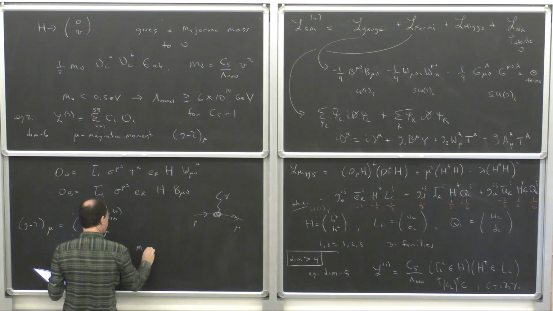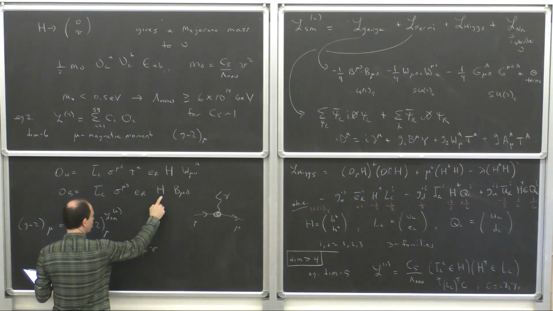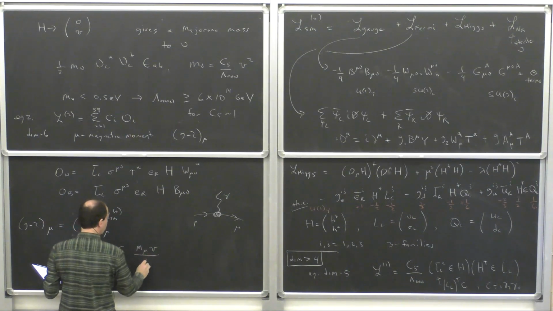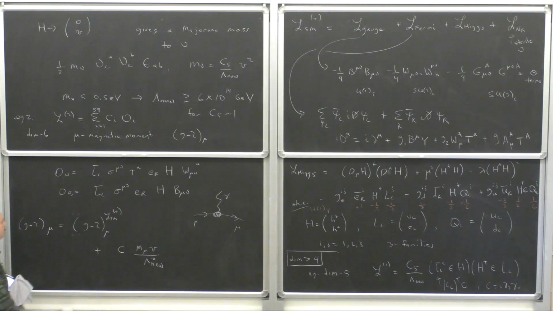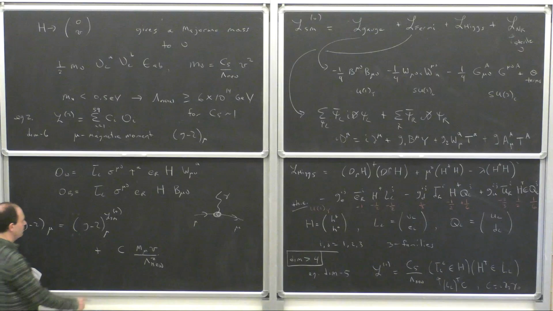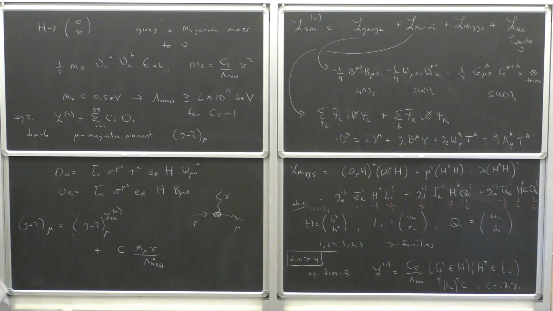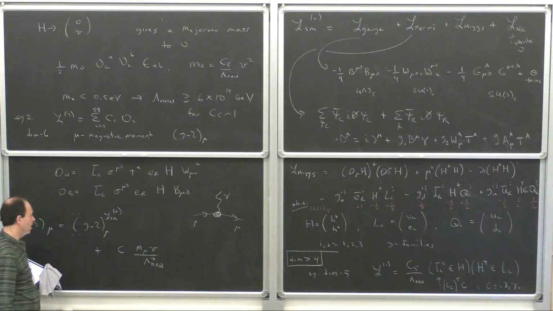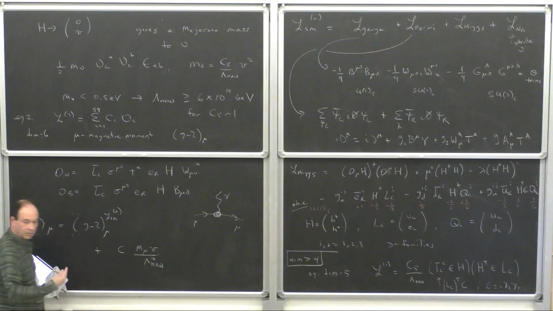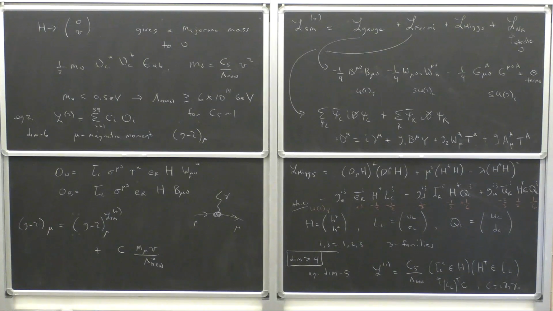And it comes with, at lowest order, the Higgs can be replaced by a v again. And then these are dimension 6, so there's 2 powers of lambda. And to make it dimensionless, I just stick in the most important standard model scale, which is the mass of the muon. And I can characterize how big this effect is. If I say these are order 1, then I can figure out how big this has to be to agree with the experiment, right? And I can play this game for various things in the standard model,